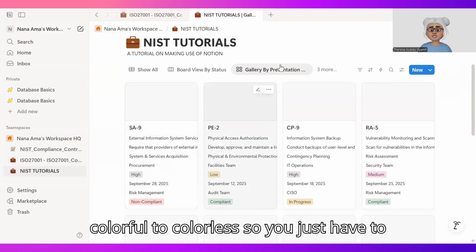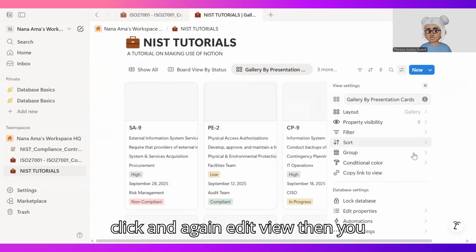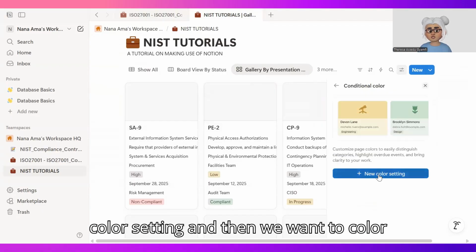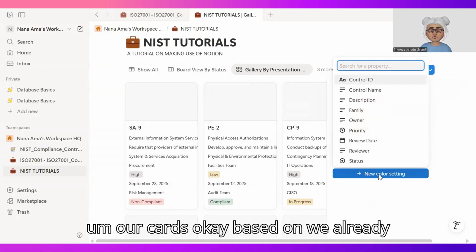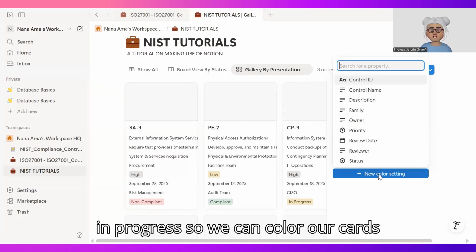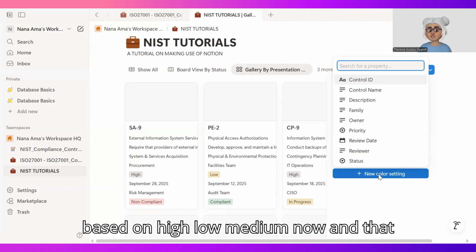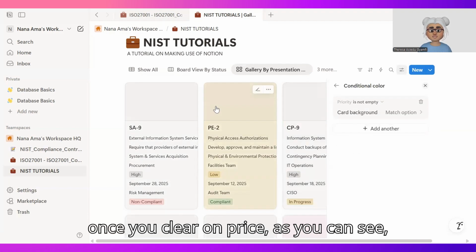It's too colorless. So you just have to click and again edit view. Then you can go to conditional color. Okay, so new color setting, and then we want to color our cards. Okay, based on we already did one for compliant, non-compliant, and in progress. So we can color our cards based on high, low, medium now, and that will be priority. So once you click on priority, as you can see,